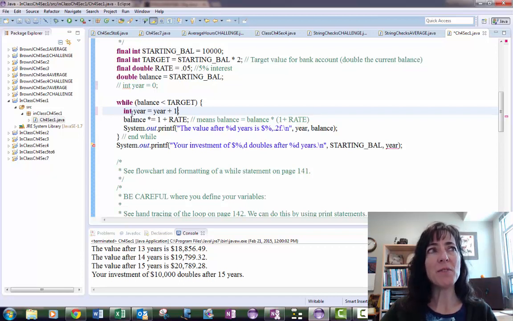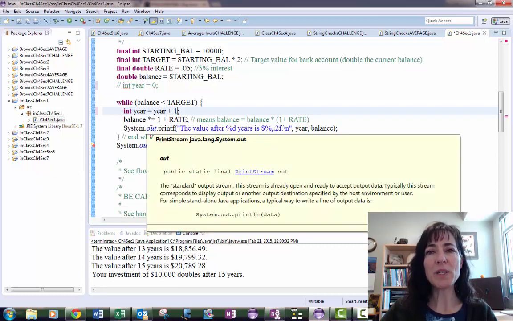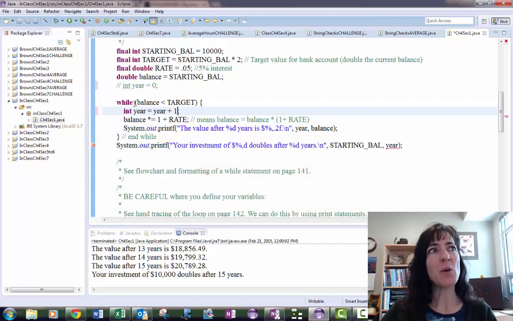If I redefine year after every time I enter my loop, it's always going to start out at 0. And so I'm adding 1 to it. So my value for year is always going to be 1. And then let's see what the problem is here. Year cannot be resolved to a variable. That's the other issue. I've defined it inside this loop, so when I bump out of the loop, that variable